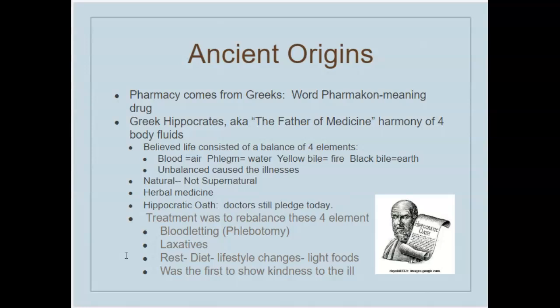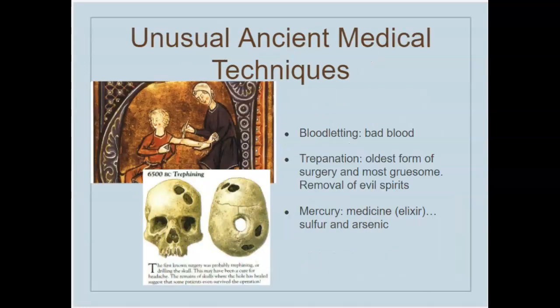Laxative, which would relate to the black bile. If their fecal matter or their stool was abnormal, get it out of them. So laxative, let's make them basically, for lack of a better word, poop it out. And then rest, diet, style changes, light foods. And we heard that from our grandmothers, like, you got to rest, drink lots of fluids to make us better. So he was on to something. His stuff was not completely crazy. He did have value in what